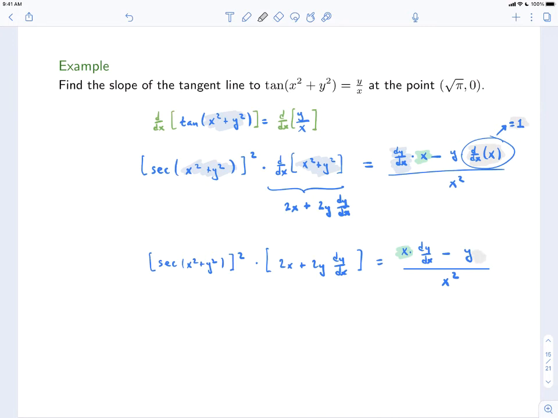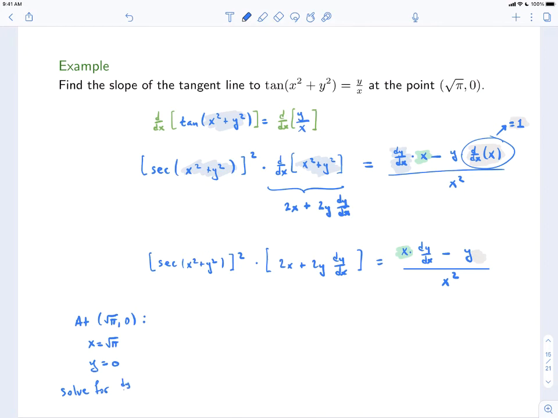Okay, so at this point we could solve for dy/dx. There's a dy/dx here and a dy/dx here. We could solve for dy/dx and get a formula for the slope of the tangent line at an arbitrary point (x, y). However, we don't actually need to do that because we're only looking at this one specific point. So all we have to do is look at what's going on at the point (square root of pi, 0). This makes our life a lot easier because now you just plug in x equals the square root of pi and y equals 0. And then you solve